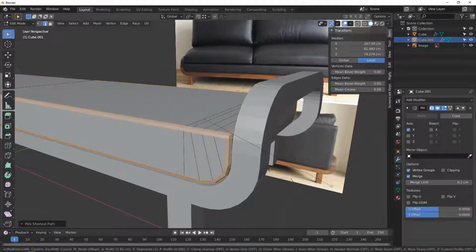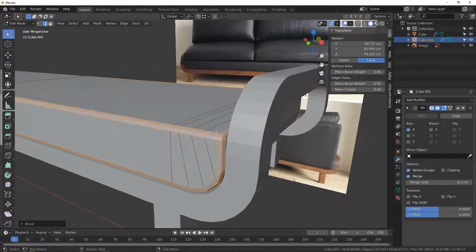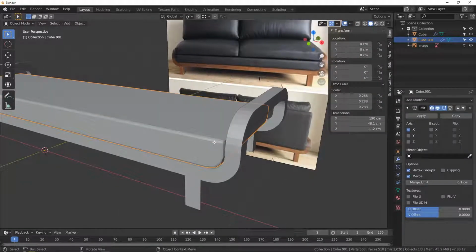So Ctrl B, and let's bevel it right here. I think that's gonna work. Yeah, I think that's gonna work. That's cool. When you complete the bevel, let's